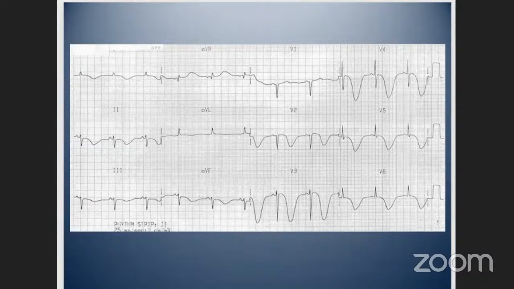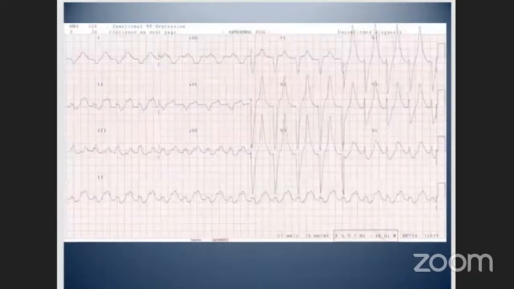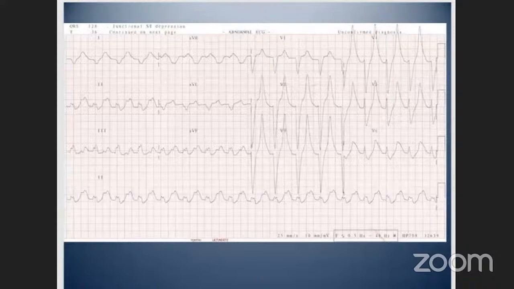All right, so I'm going to move on to our cases. We do have other ECGs that we can put up onto Prof. Moose's website. And these were the cases that we found in the test. So thanks to everyone who did take the time to share that. I don't know if anyone is willing to share their guess. Actually, sorry, I'm just going to stop sharing quickly and share the answers that people gave.